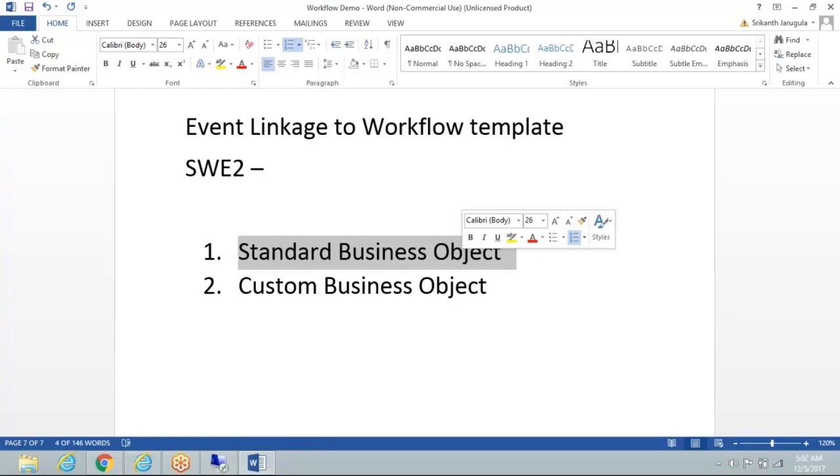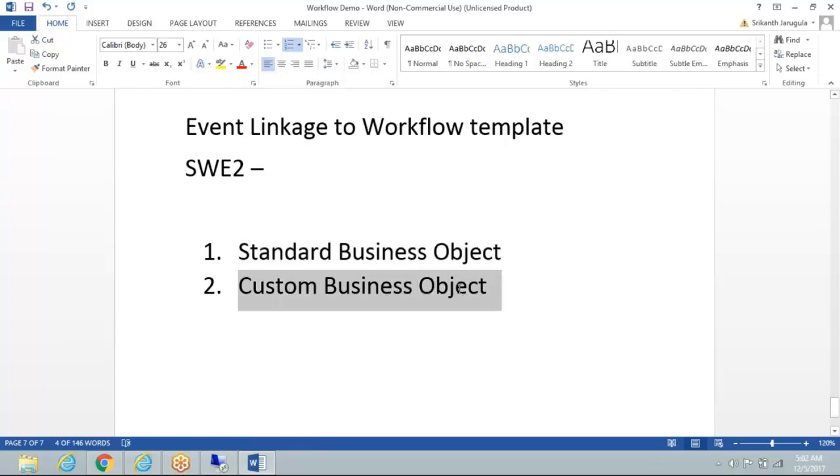Because the standard business objects, they already took the action and wrote the code somewhere in the standard code. But if I use a custom business object mapped to my workflow template, in that case it is my responsibility to trigger the business object. So I have to trigger my business object event in the standard transaction by using either user exits or BAdIs or by using access key, anything. While saving the document, you need to externally call this business object event if it is a custom business object.